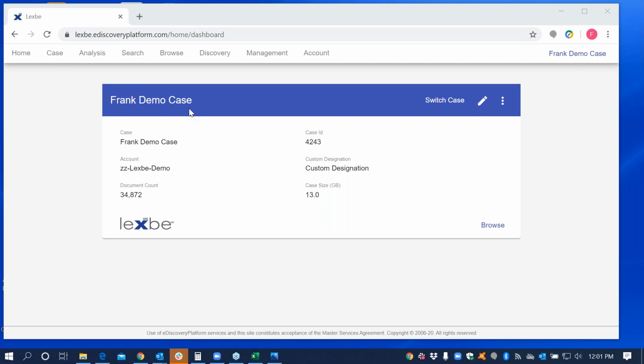Some general information about Lexbe. Just so you know, we were started a little over 14 years ago by an attorney and a developer. They wanted to bring affordable eDiscovery to firms who didn't have the budgets to compete against the larger firms that were using the Relativities of the world. They also wanted something that was very easy to use, very easy to pick up, so that it